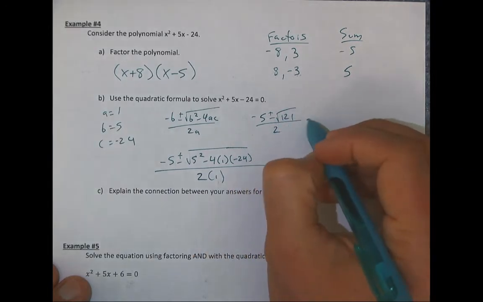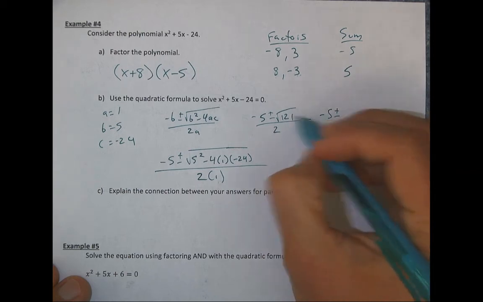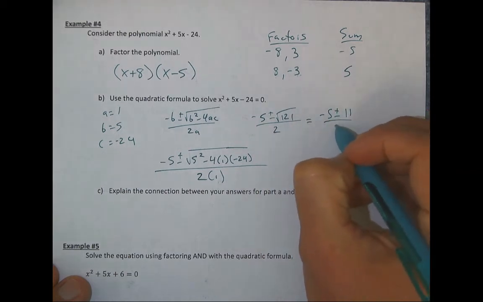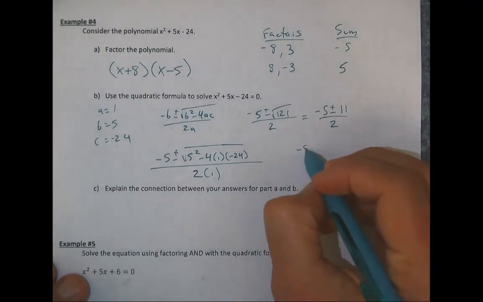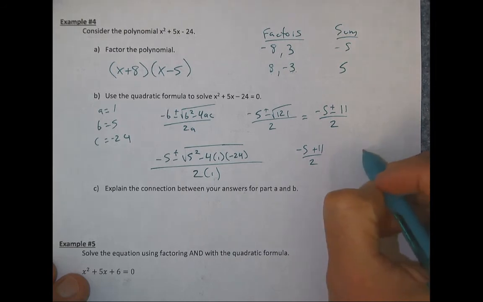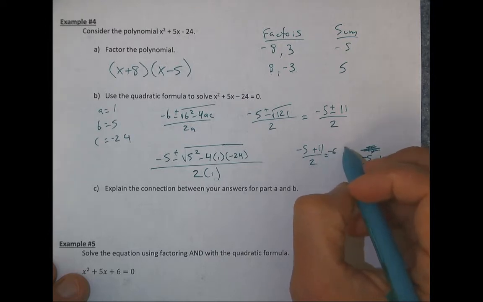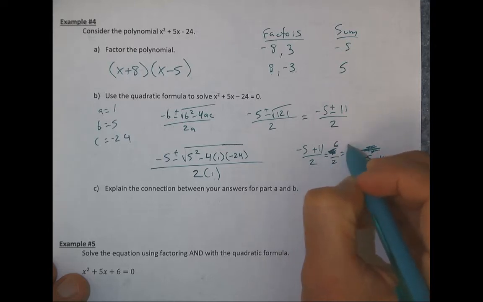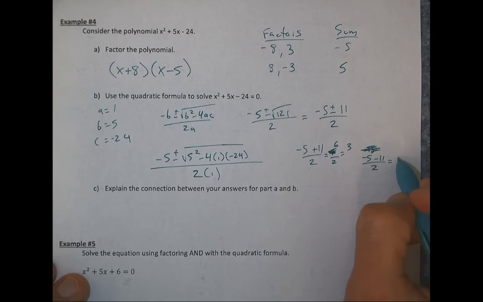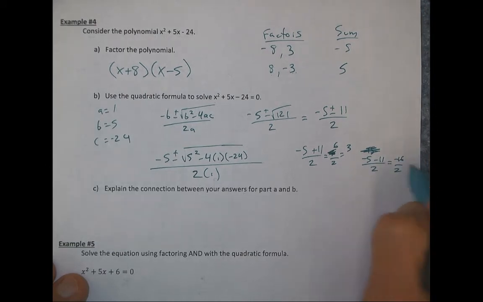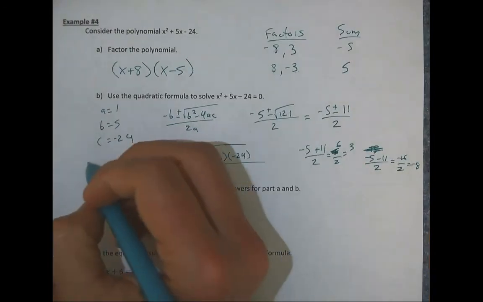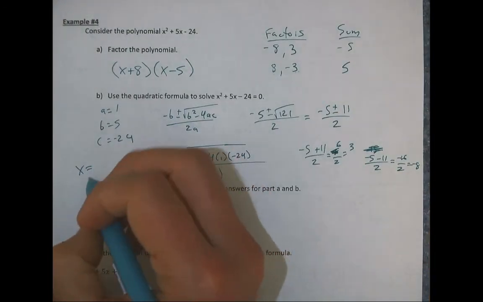The square root of 121 is a nice number, so this is -5 plus or minus 11. And of course, we split that now into two pieces: negative 5 plus 11 over 2, and negative 5 minus 11 over 2. So negative 5 plus 11 is positive 6 over 2, which is 3. And then this is negative 16 over 2, which is negative 8. So my answers here, x equals 3